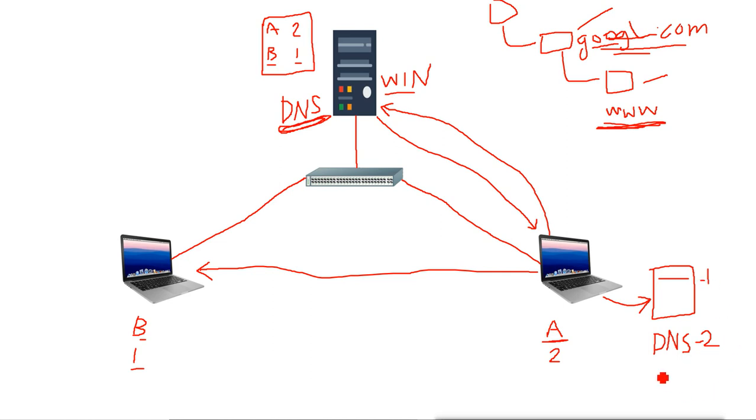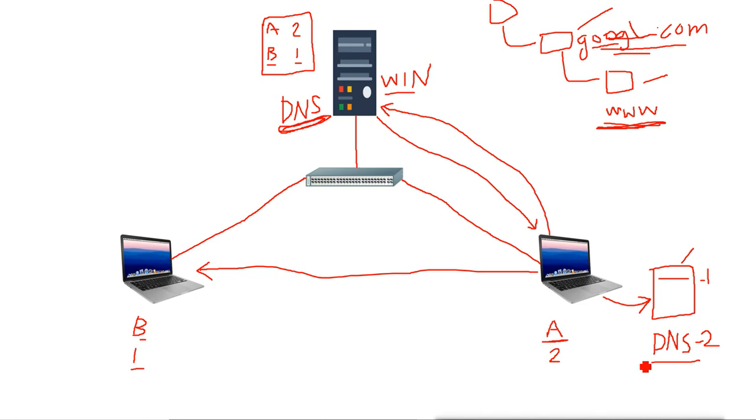So our machine first looks at the host file, and if there is no record, it goes to DNS. If there is no DNS server available, it will give a not found error. If it does not have any DNS IP, then it will go for NetBIOS name resolution.